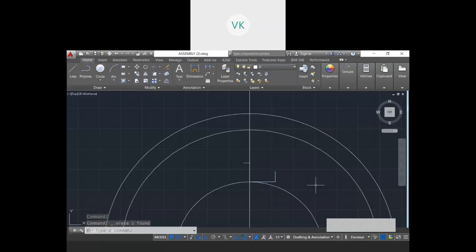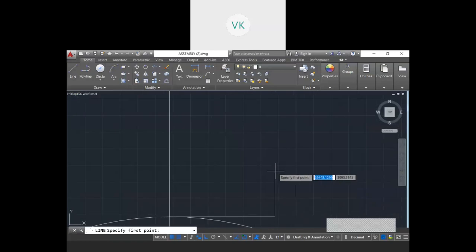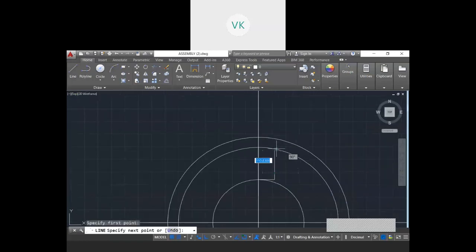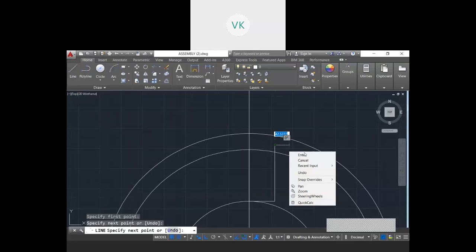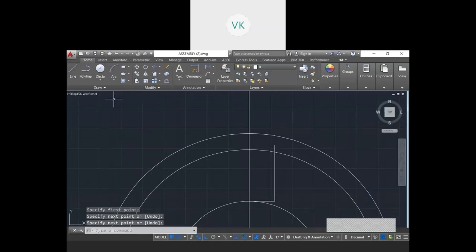Next I will extend this line. There itself I could extend this line. I will take a tangent and cross over the line. Later I can trim, because if I try to draw on the circle, it may go into intersection or something else. That's the reason I have taken it this way. Then I will select these two lines and do a mirror image.